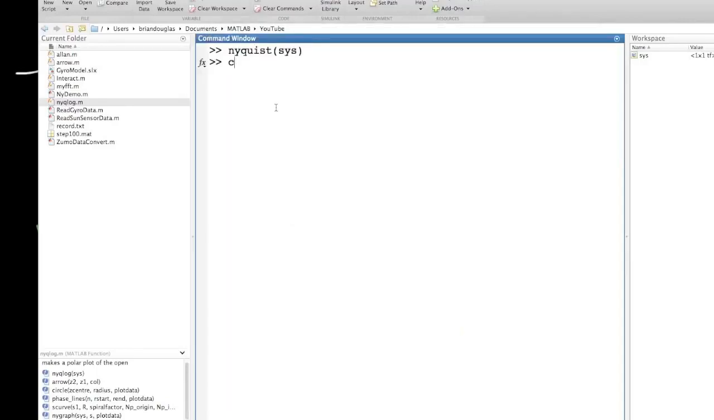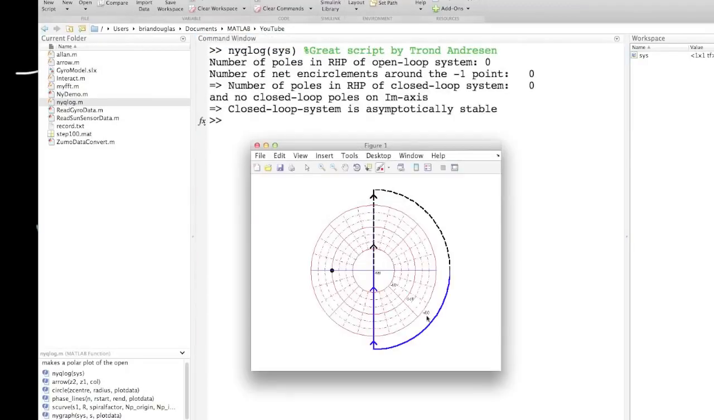And in addition to that, there's this awesome plotting tool by Trond Andresen called nyklog.m. His script will handle infinity very nicely. Plus, it tells you the closed-loop stability and other bits of information. You can find this script at MathWorks' website, and I've also included a link in the description